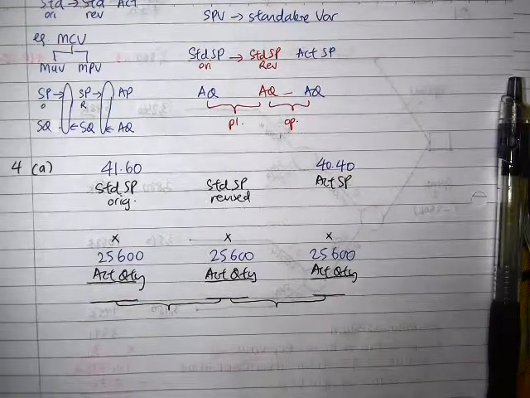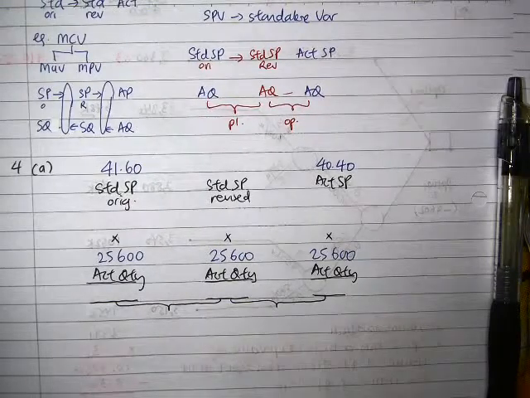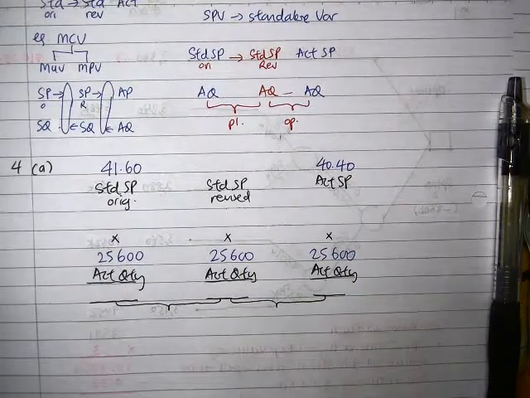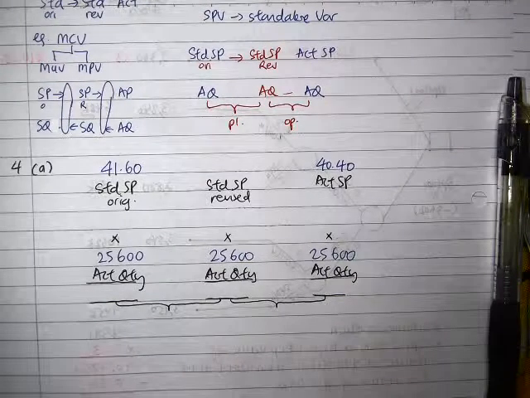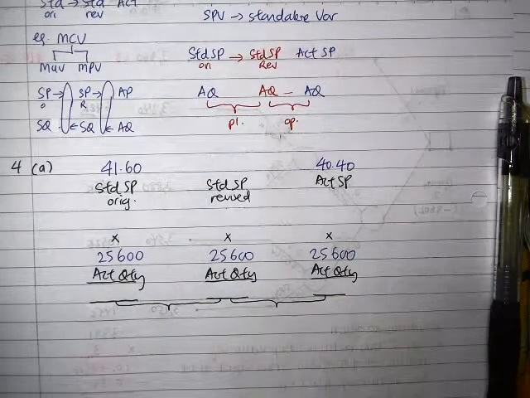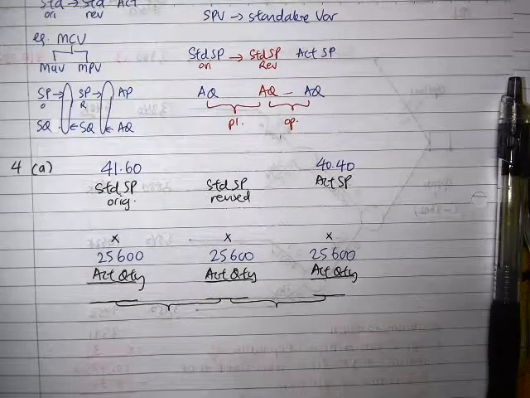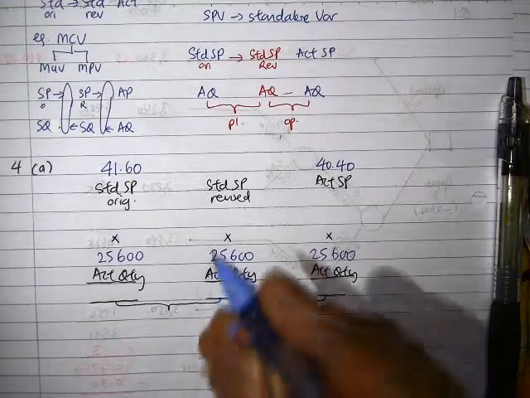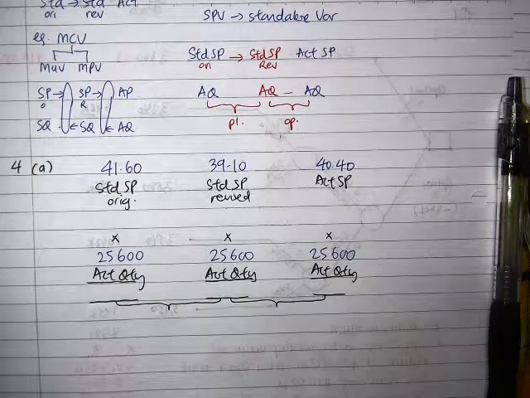Well, the revised is the price that, if you know the actual is going to be like that, then what would the standard you use be? So chances are, if you know the price is going to be like that, then you would have used an average price. That's the only thing I can see there. What else can you do, right? You think and see, what else can I do? There's no other information you tell me about what you anticipate about the future, if it's going to be a more realistic estimation. So the only thing I can see now is your average market price. So the average market price will be 39.1. So